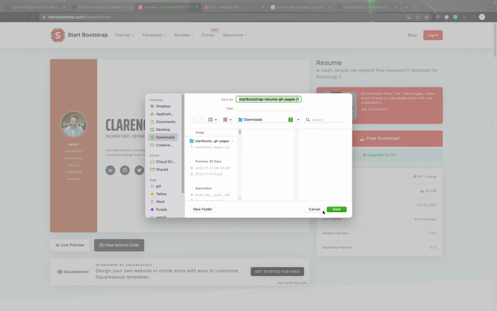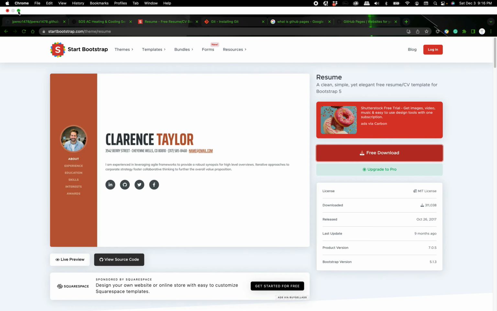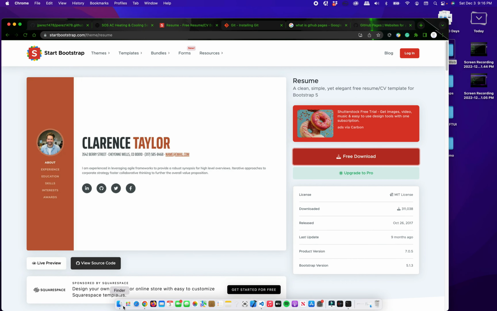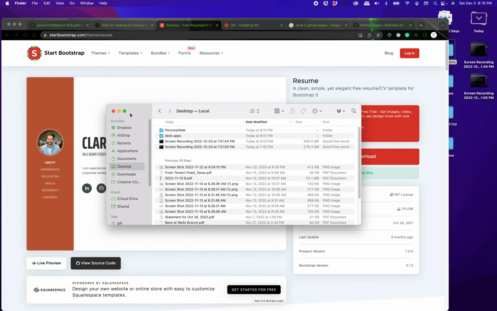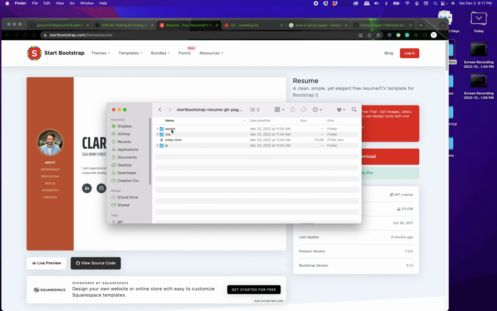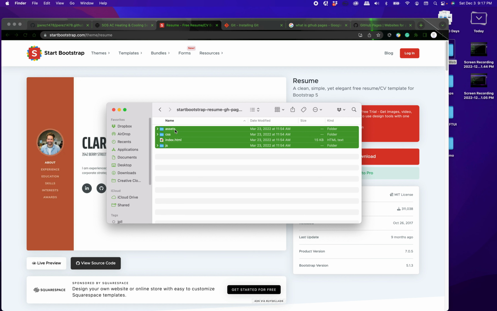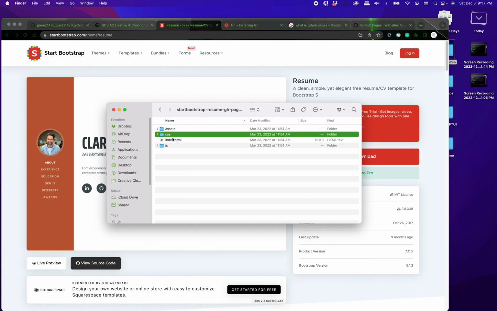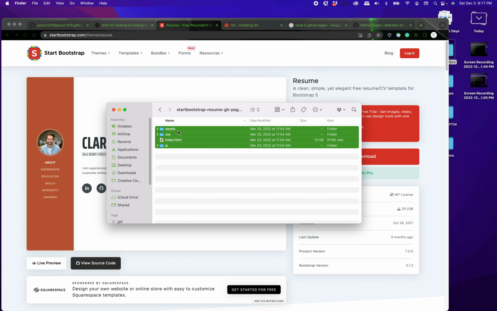Once you download it, I already have it downloaded, it's gonna be a zip folder. You want to uncompress that folder, go inside of it, so it's gonna be like this locked folder. Unlock it, go inside of it, copy all these files, because these are the files that we're gonna use. We're gonna use this template, right? So copy all these files,